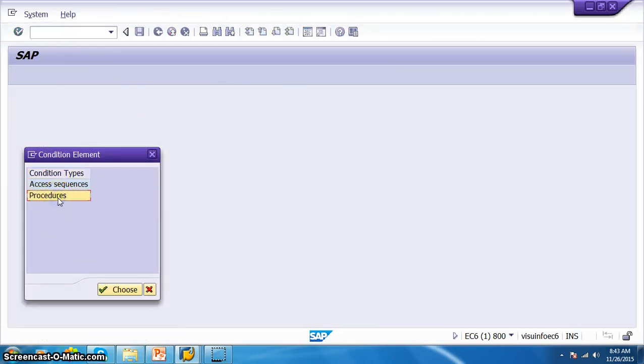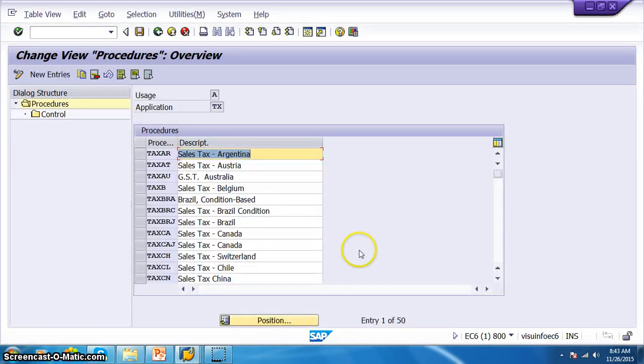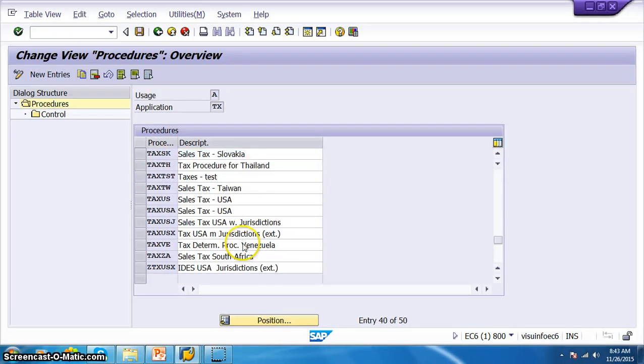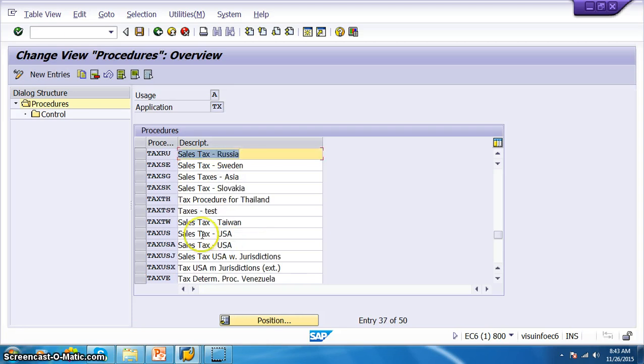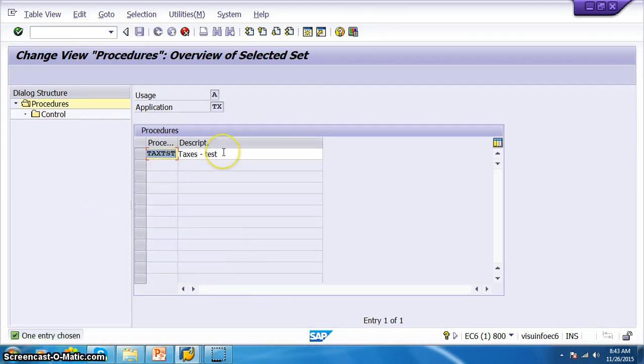In procedures, we need to assign a particular procedure, and that particular procedure we have to assign to a condition type. These are the tax procedures, and in these tax procedures we are just copying from something like taxes test. So we have taxes test, and we can just copy that into taxes India.